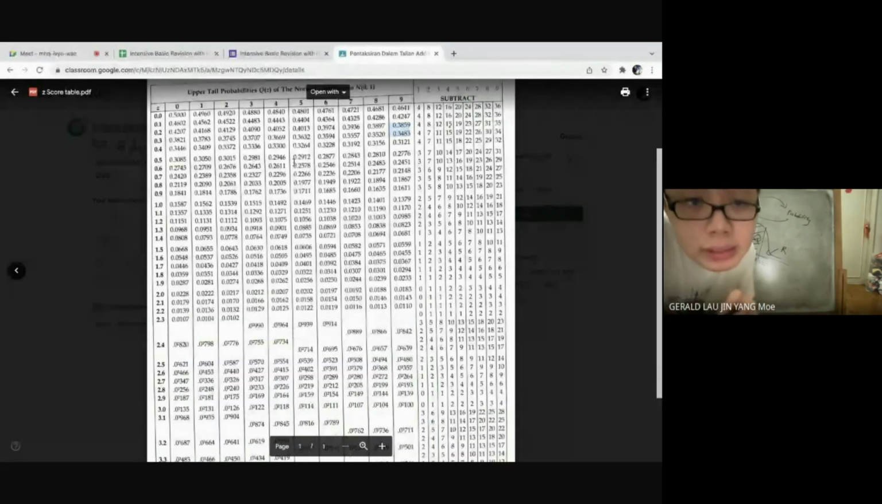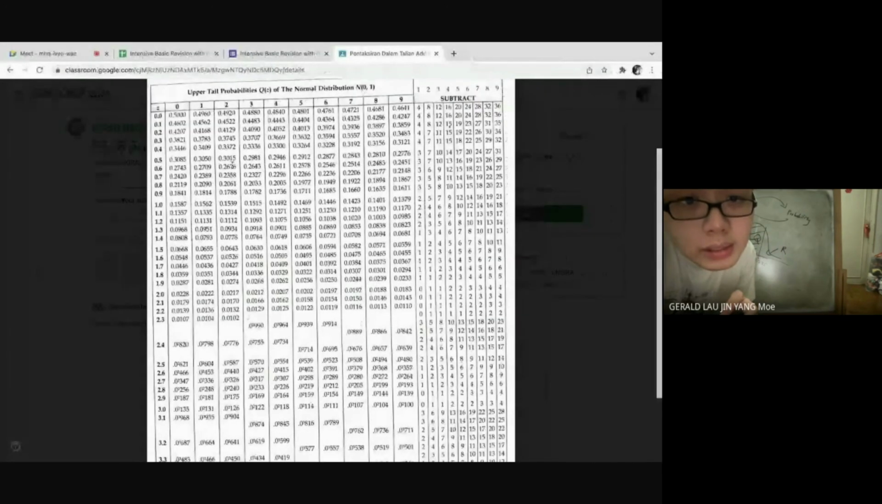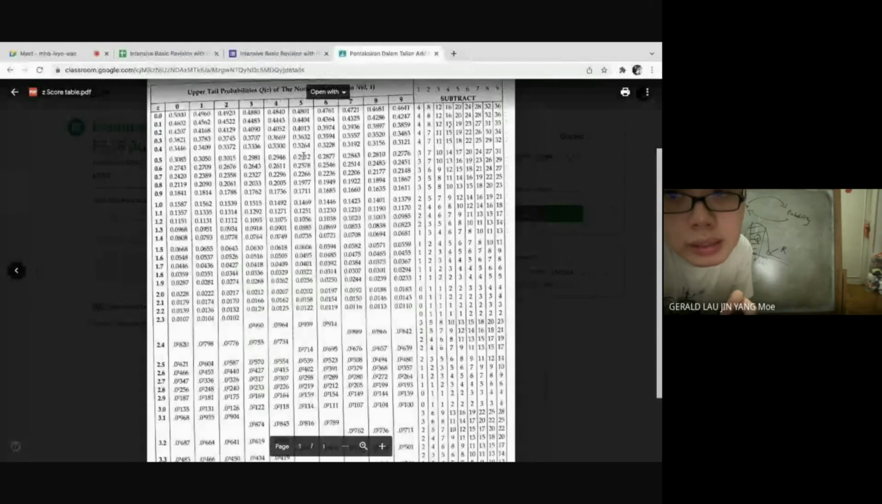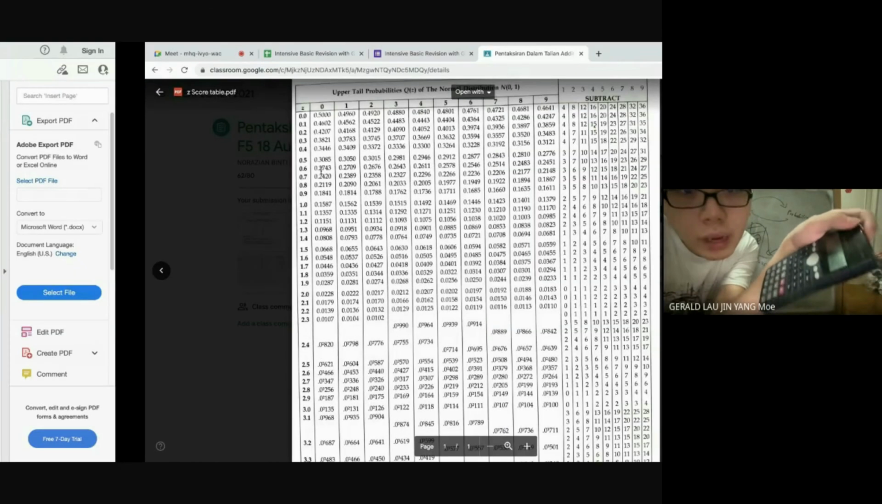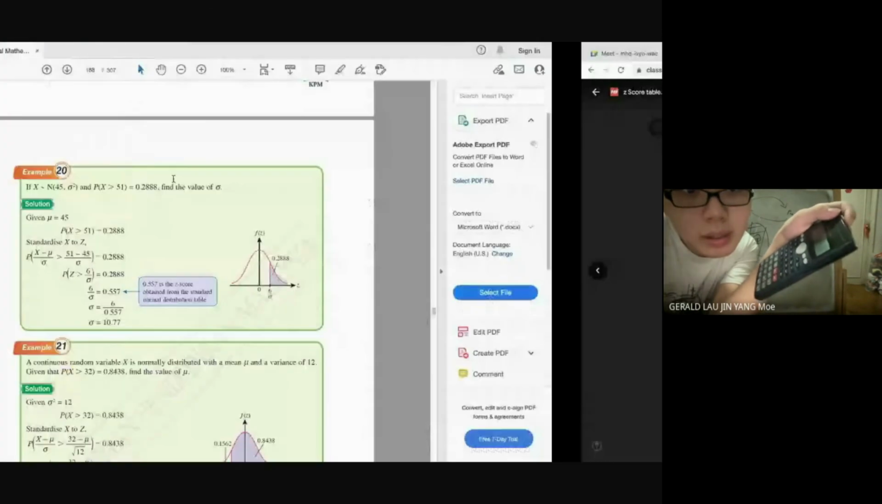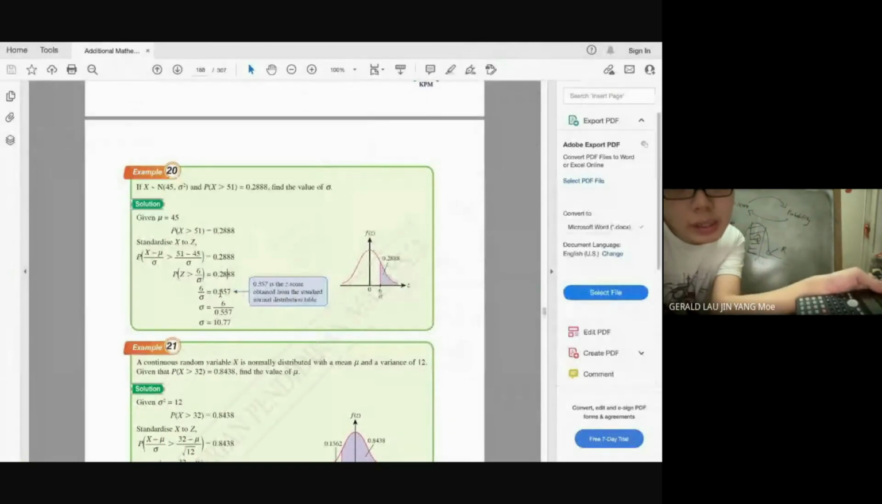Okay, so 0.2888. Where is 0.2888? 0.2888 is here. It's 0.5557, is it? 5, 5, and then 7, which is minus 24. Okay, 0.2912 minus 0.0024. So you get 0.2888. So 0.557. Okay, 0.557 is your z-score, and then 6 divided by this one,